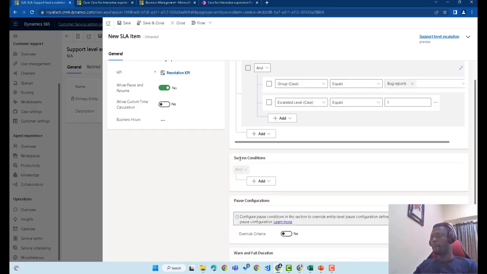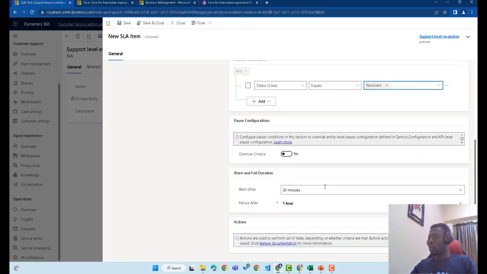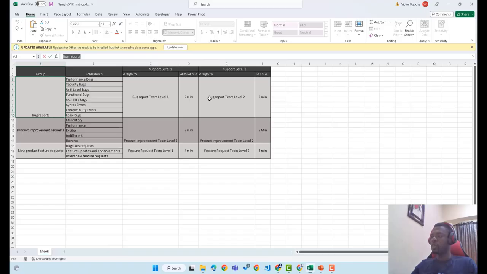So as always, our success condition will be if the status is resolved. So pick status. If status of our case is resolved, we're going to make the SLA successful. So as I stated earlier on, for this we have 5 minutes, so it will be 5 plus 2. If you don't want to add the SLAs, what you do is you have